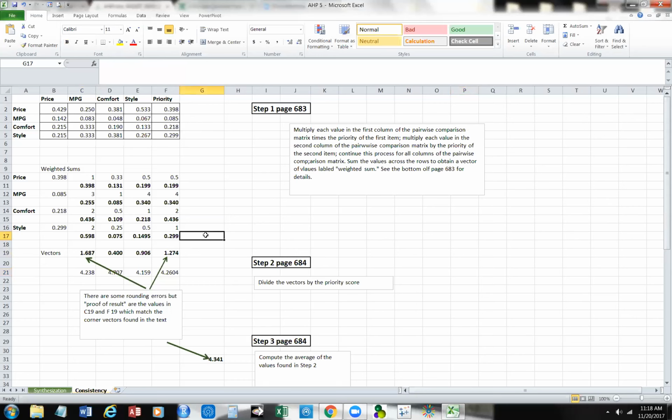And we get the weighted sums, and then we compute vectors. And again, this process, like almost every process in management science, is borrowed from some kind of model, and in this case, it's borrowed from the model of the reciprocal lattice. And to see that, you'll have to go back and see how